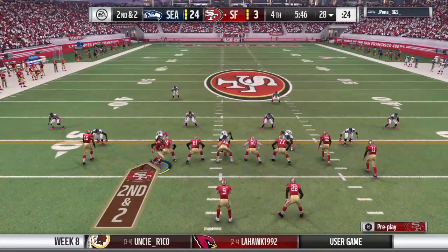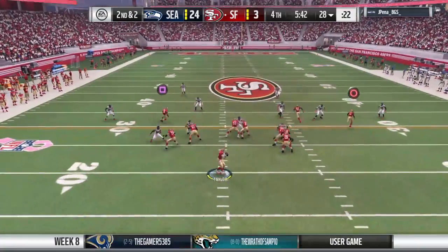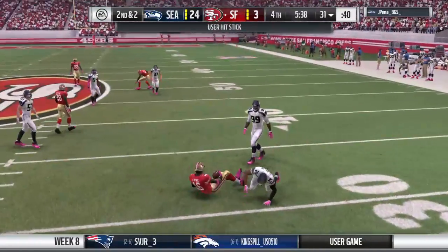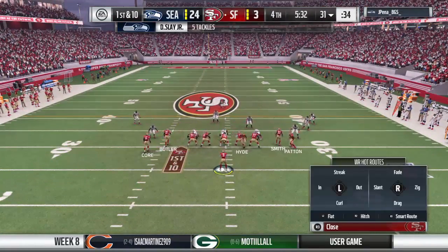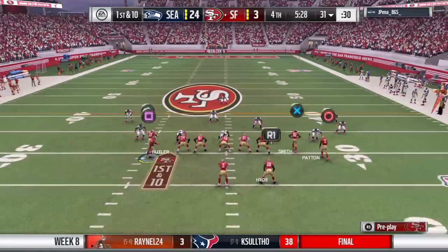They'll send a receiver here in motion right. On 2nd down, Taylor. And a quick throw here, that's complete. And they'll take him down at the 31-yard line. And they're going to hurry back to the line now. Let's go. White, 9. White,